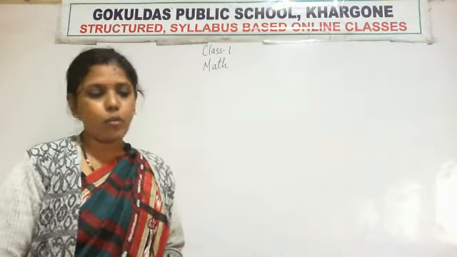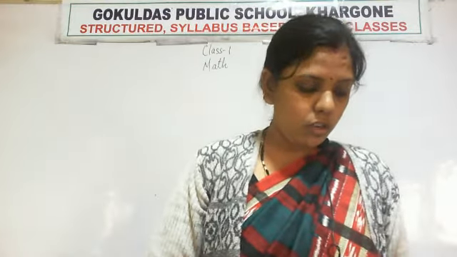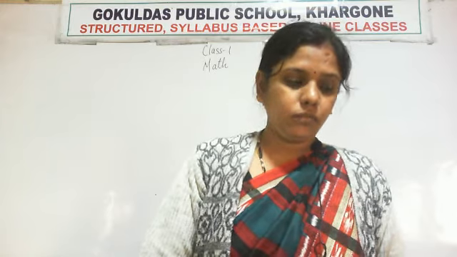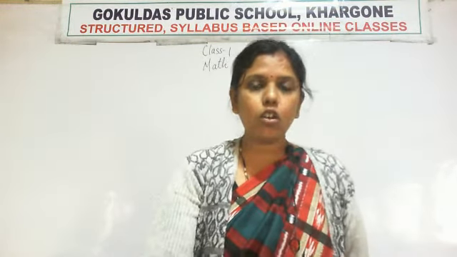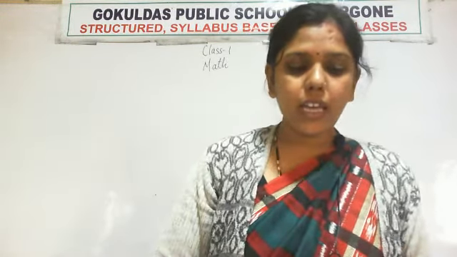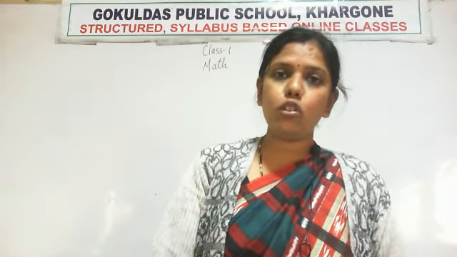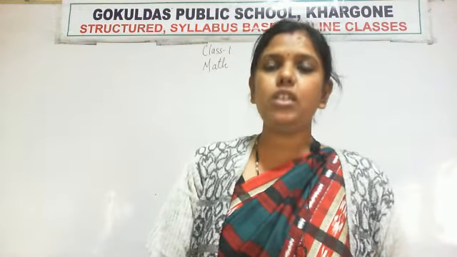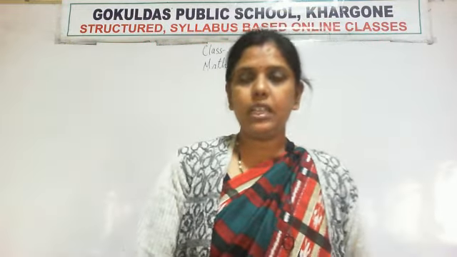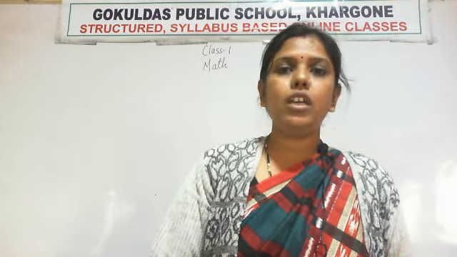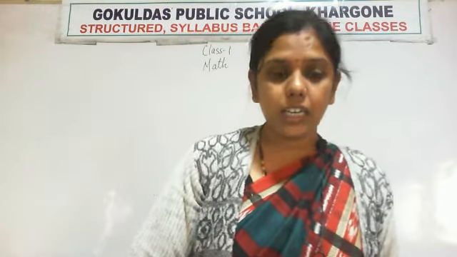Open your book and open page number 74. Open page number 74 in your maths book, and the topic that is given on that page is subtraction by backward counting. Okay, and take out your notebooks also, and I have given you some questions also. In our previous lecture I have given you 4 questions of solving addition by forward counting. So I hope all of you have done it very correctly.